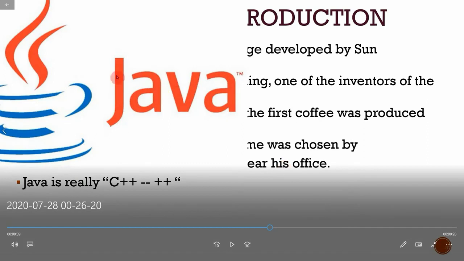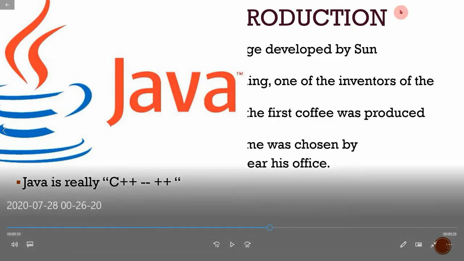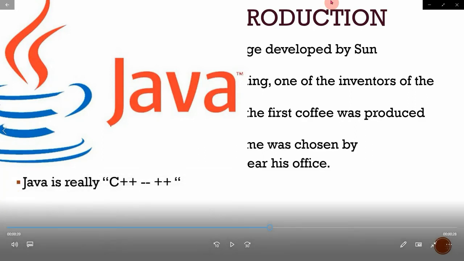So we can find the Java image is being embedded. The size doesn't match because it is a bigger image and my slides are also big, and we can adjust according to the necessity of the content. I should have reduced the content or I should have reduced the image size.